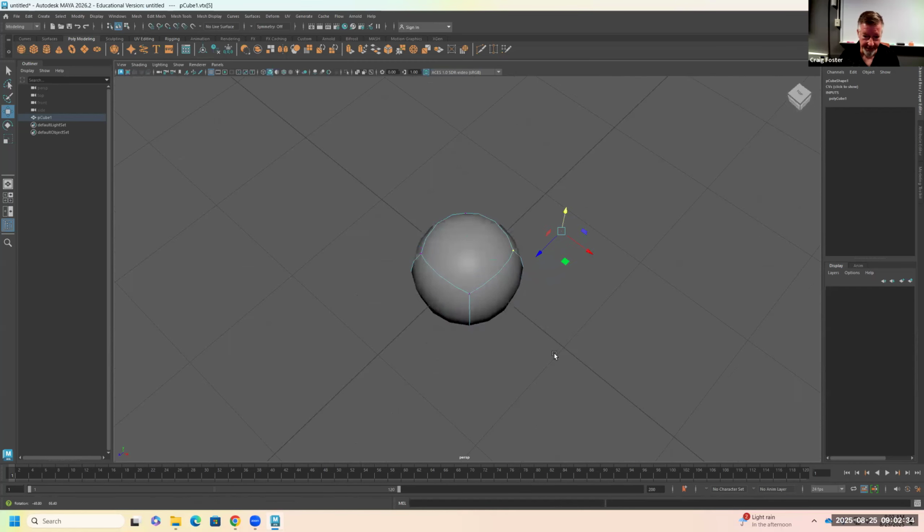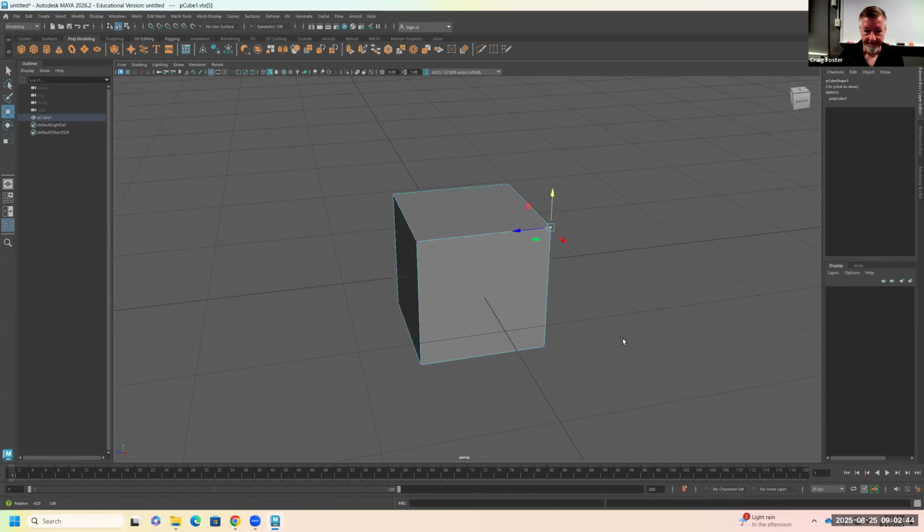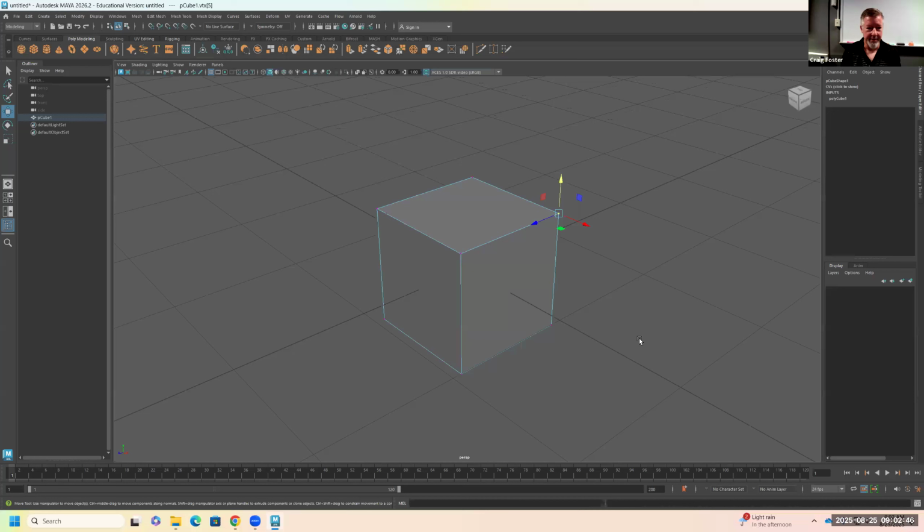And the 3 key, so 1, 2, 3, 3 just hides those polygons so that you can focus on the surface. Okay, but you can see that I still have my vertex selected here, and you can see that it's also influencing the surface in this way. Okay. Does anybody have any questions about that? That might be one of those things that's a little bit of a noodle baker at the beginning of the semester. So if not,